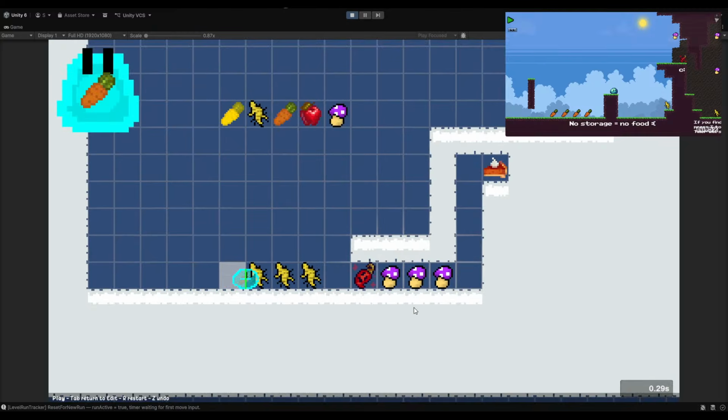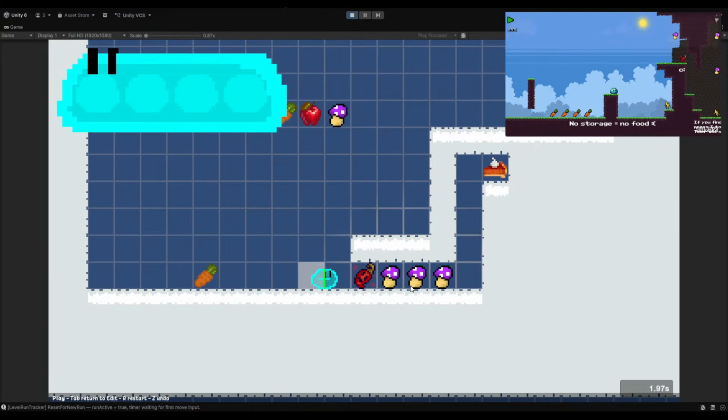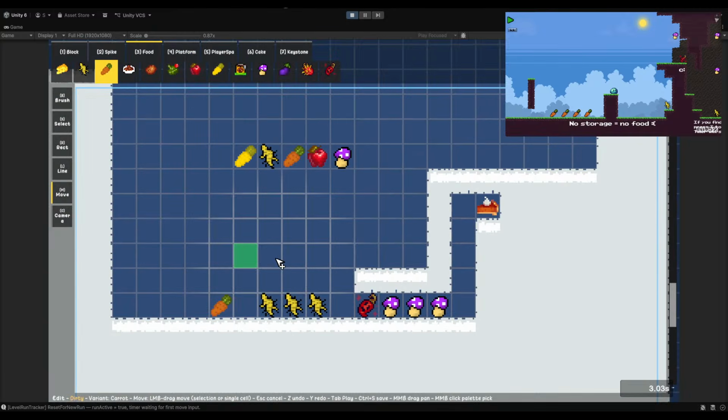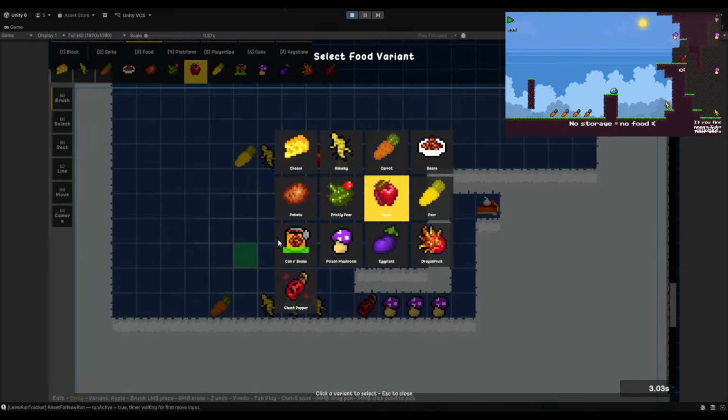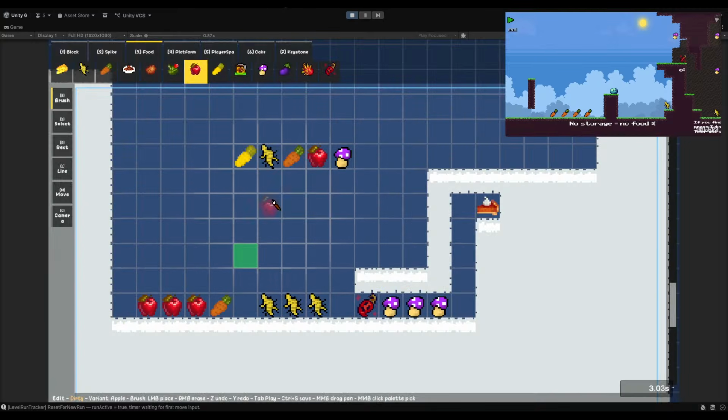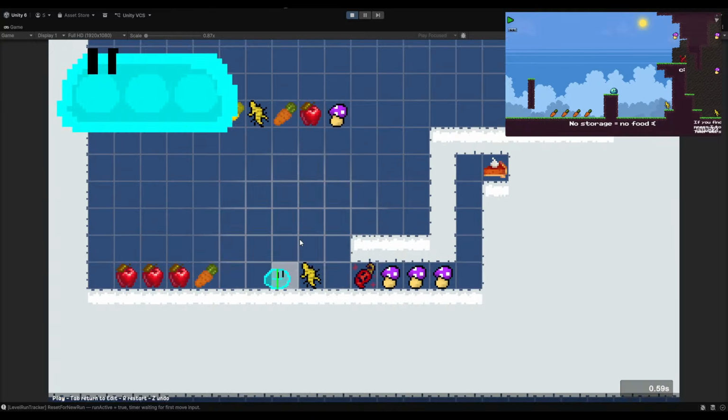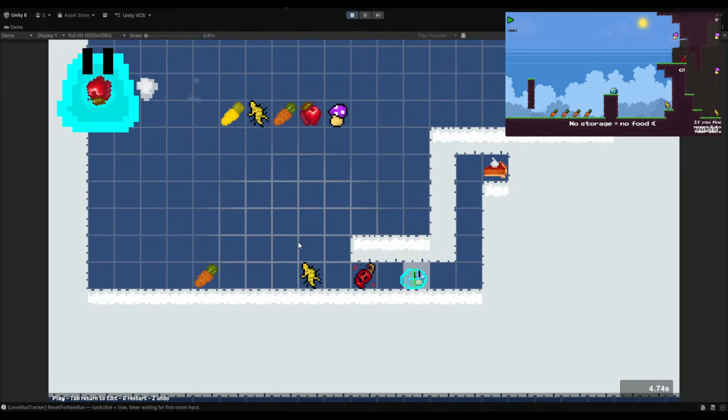And you can't just simply grab these ginseng and then remove the mushrooms because you need to hold the food. So now in the level we can have 3 different apple. So you're expected to do something like this and then win the level.